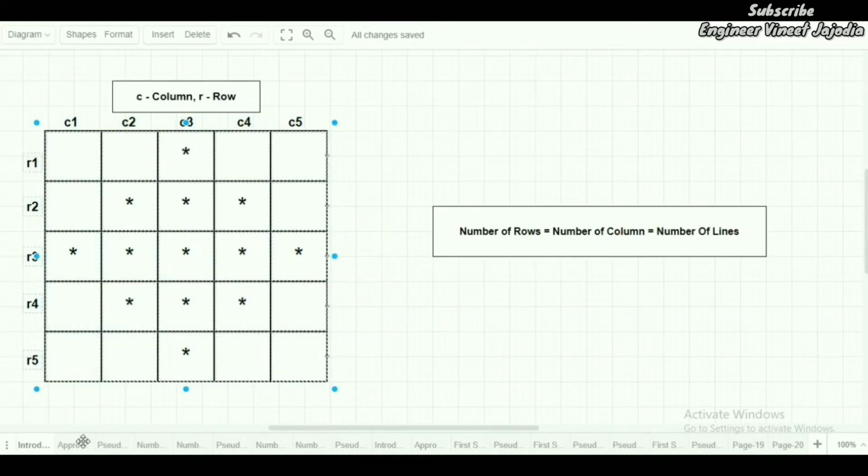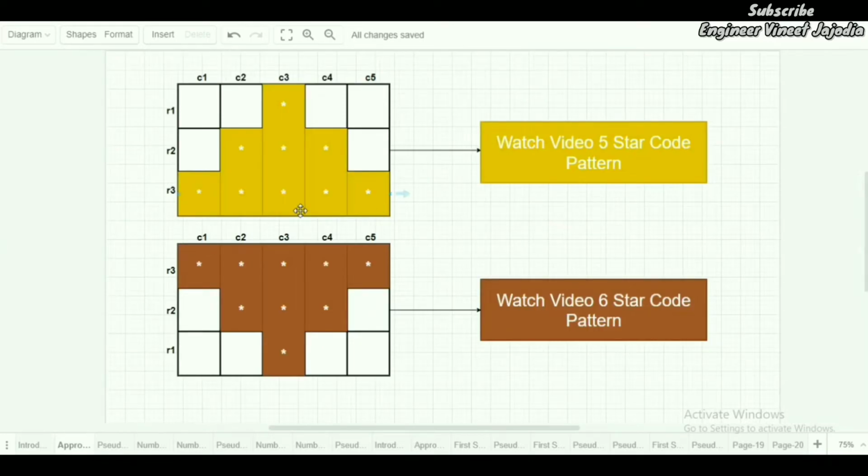But there is a small thing we have to improvise here, because when we combine these two things we get two rows which are similar and we don't want that. We are going to change it. So if you want to try writing the code on your own right now, go for it. If you don't get the answer correct, then do come back and watch this video. So this was the message.